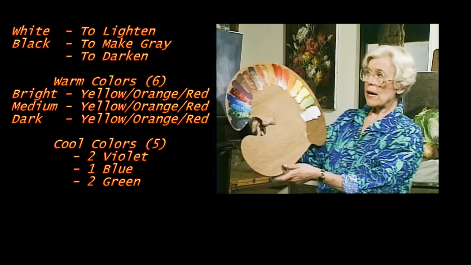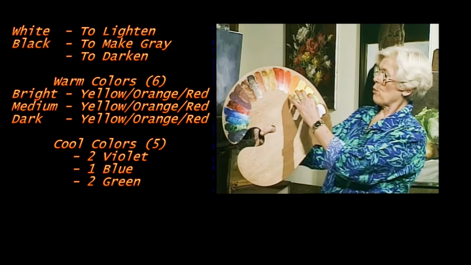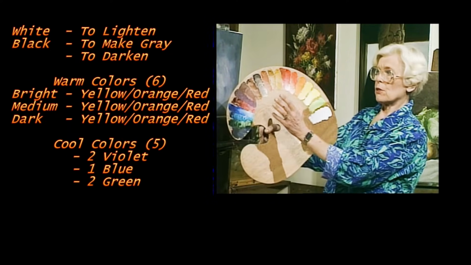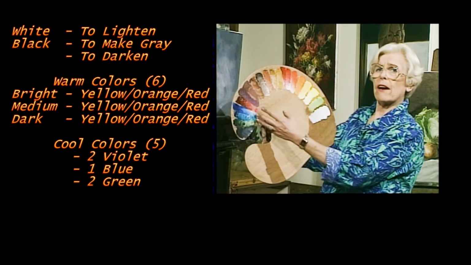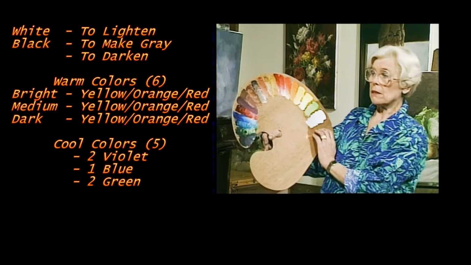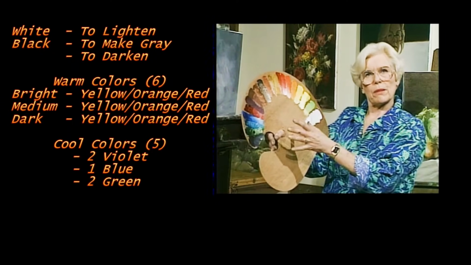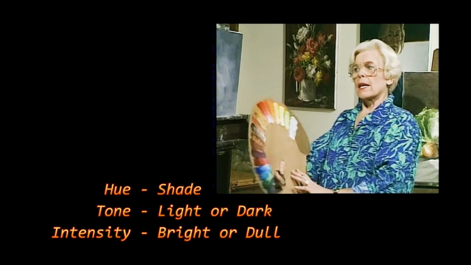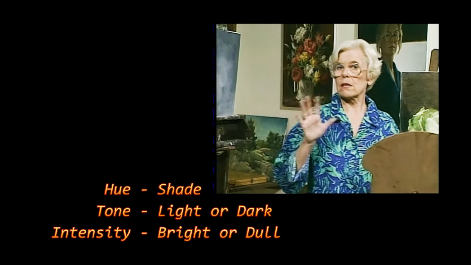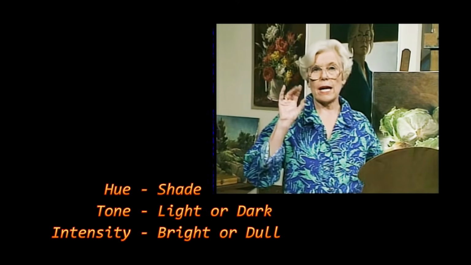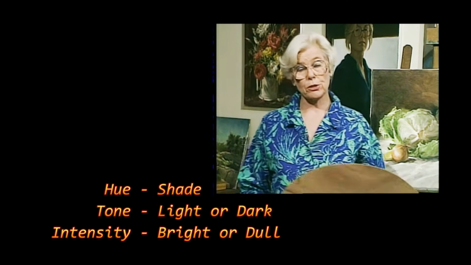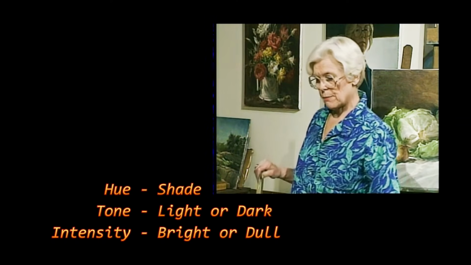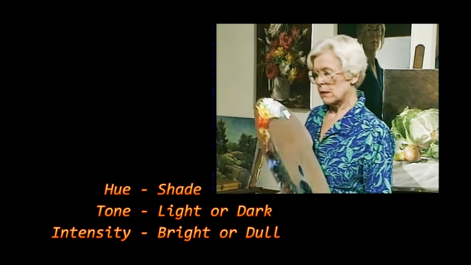And so that's why I have the palette arranged this way: bright, medium, and dull. Warm colors, dark but brilliant, cool colors that I can vary by making them light and bright with white, or make them lighter and duller by mixing them into gray. Now, those are the 3 properties of color: the hue, the tone, and the intensity. These are the questions I ask myself before I start to actually aim to a mixture. So here's my palette.